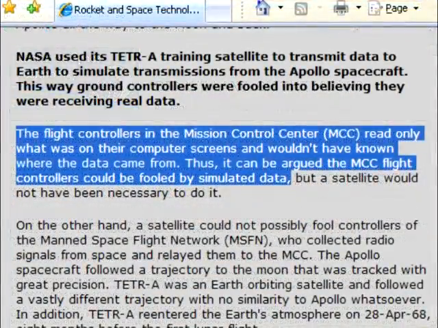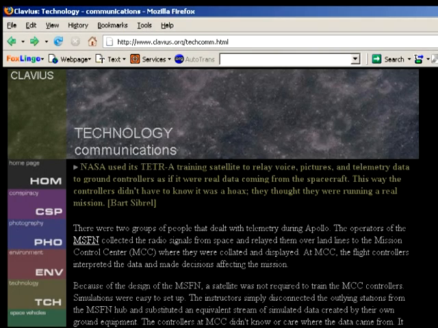Braeunig wrote, "The flight controllers in the Mission Control Center, MCC, read only what was on their computer screens, and wouldn't have known where the data came from. Thus, it can be argued the MCC flight controllers could be fooled by simulated data." And on Jay Windley's site,